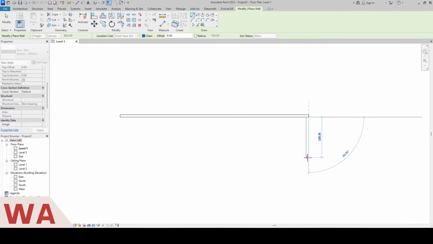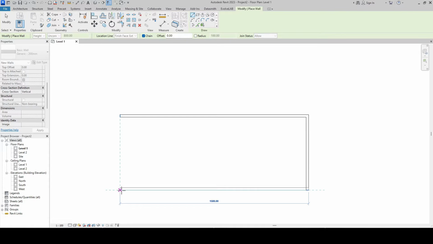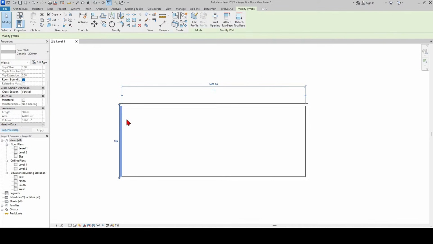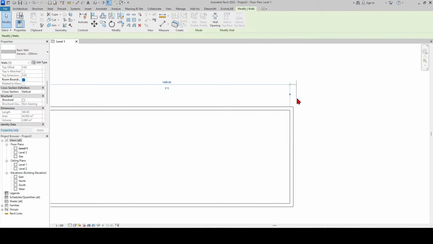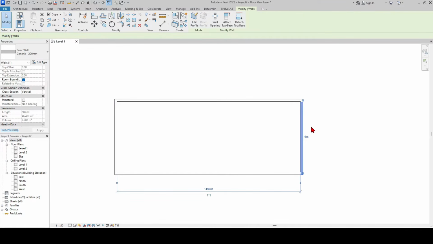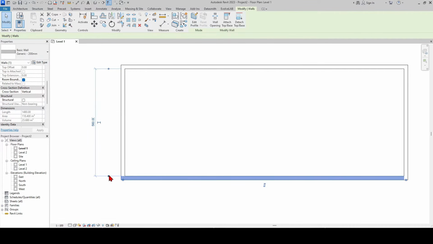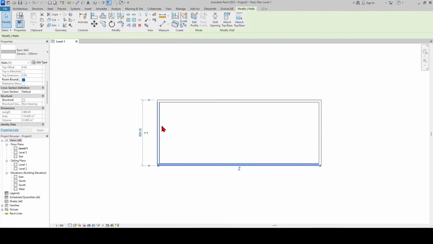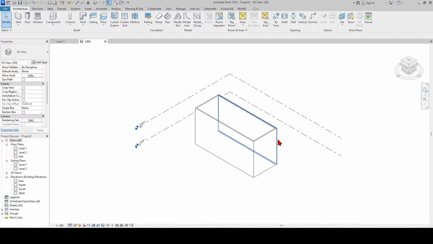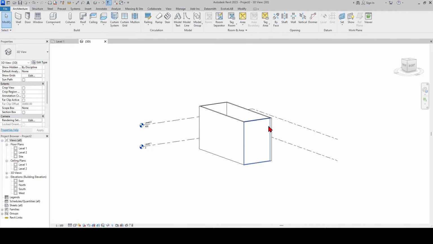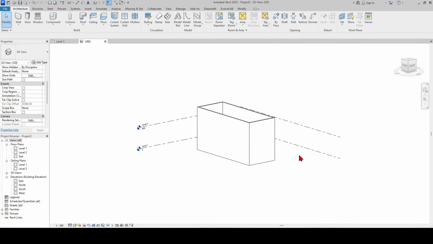We re-enter the wall command. When the walls are an equal distance apart, it automatically detects this. We can adjust the reference values by dragging them to the desired position. Unlike AutoCAD, Revit automatically detects that the line we draw is a wall and gives it a height, making it a 3D object. To rotate the screen in 3D view, hold down the Shift key and press the mouse wheel